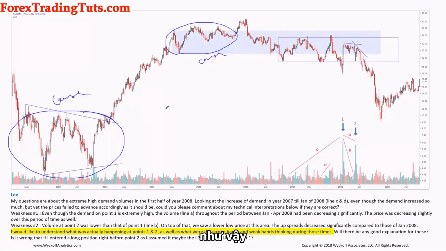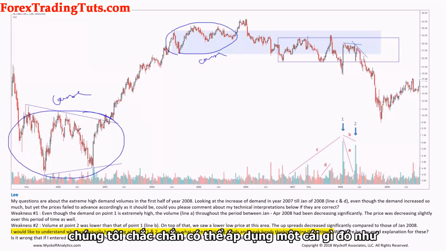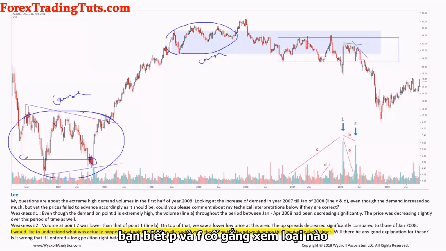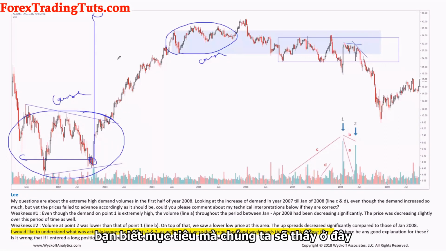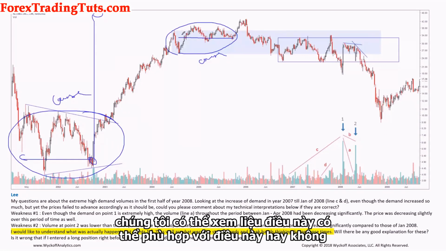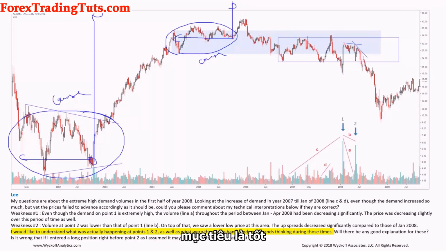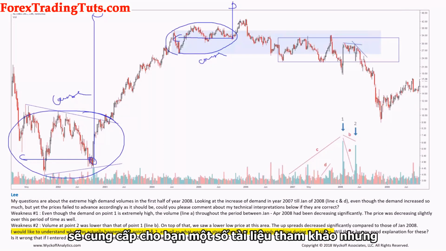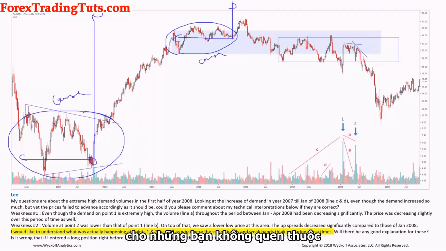Okay. So, well, we could definitely apply something like PNF, try to see what kind of objective we're going to see here. We could see if this could match this objective as well. At this point of time, we're not talking about the PNF. I'm going to give you some references, but, for those of you who are not familiar, with